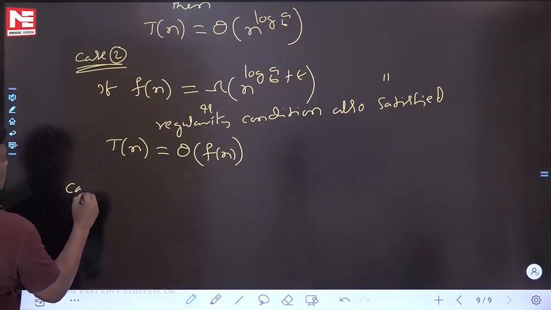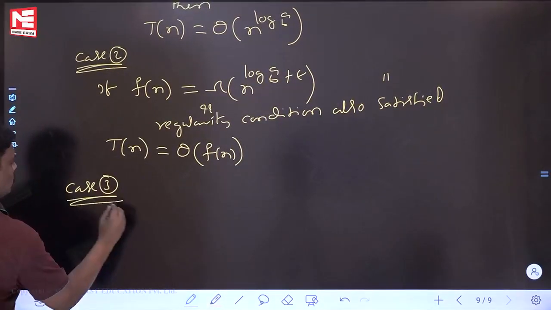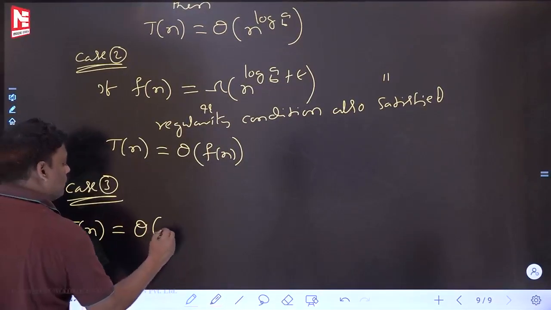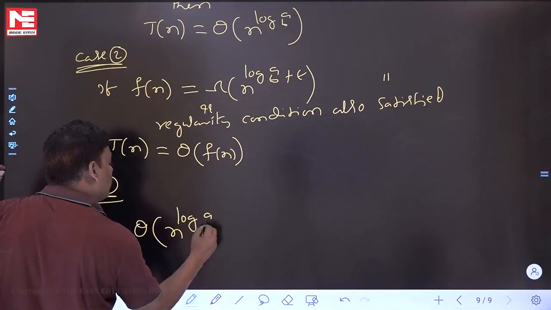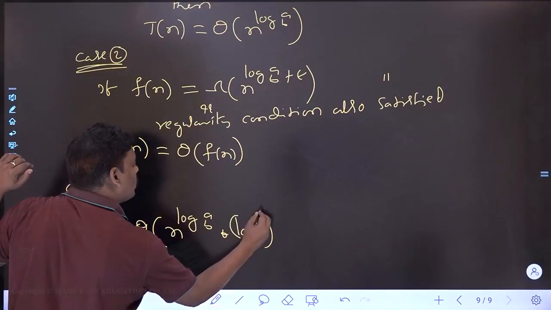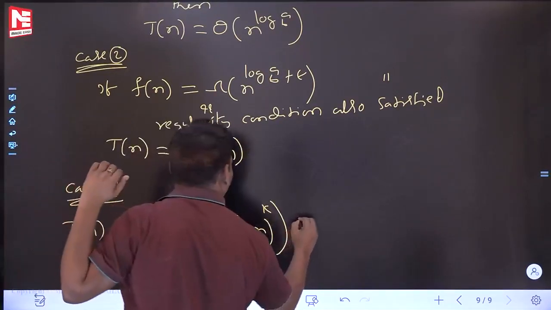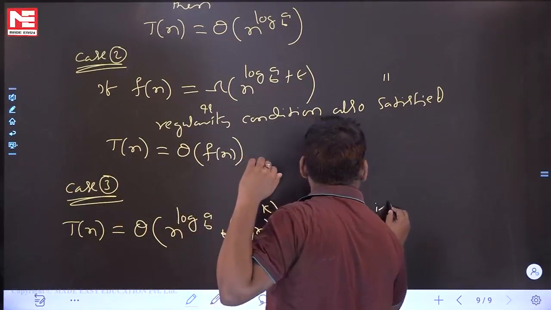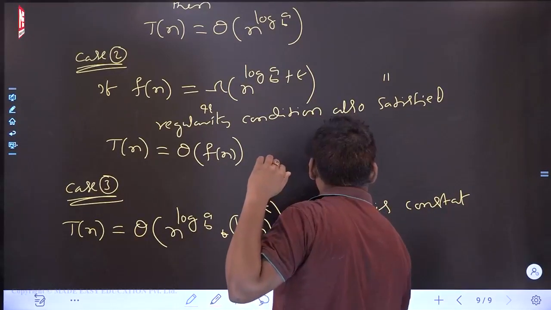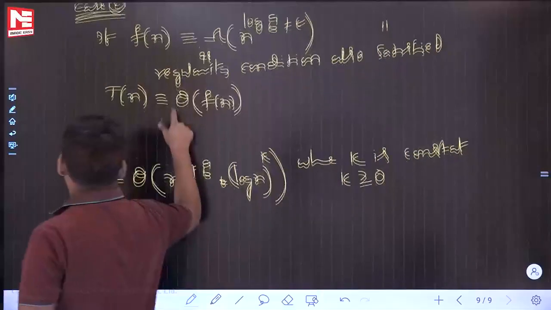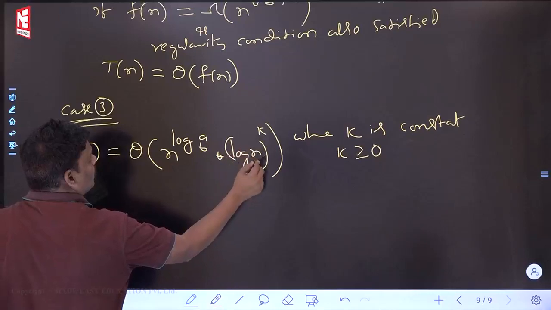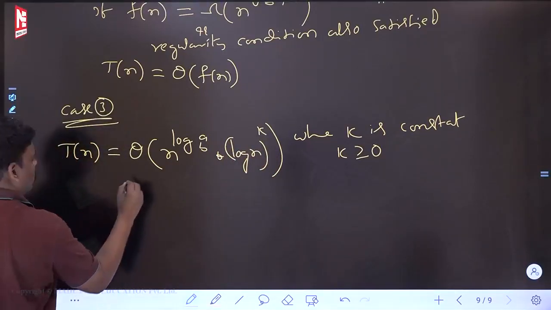See case 3 of the master theorem. Tn is equal to theta of n power log a base b into log n whole power k, where k is a constant, k greater than or equal to 0. Case 3 of the master theorem: Tn is equal to theta of n power log a base b into log n whole power k, where k is a constant. Then